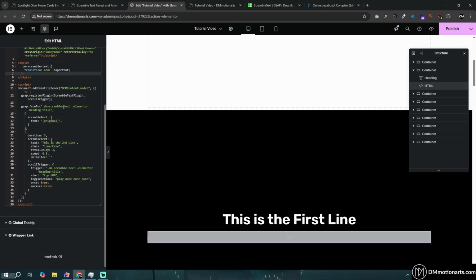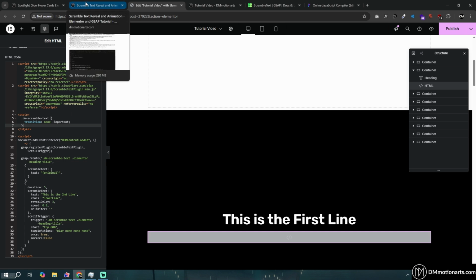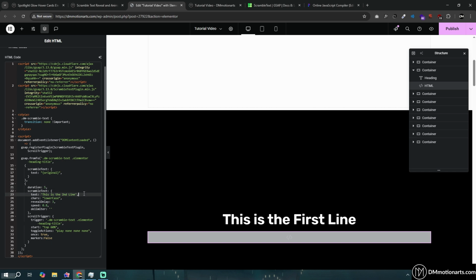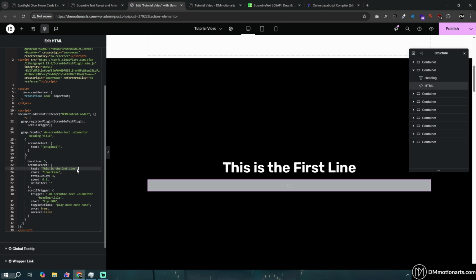But then you're like, why are you even showing me this stuff? Why are you not showing me this one, which basically loops through everything and does it for us? There's one simple reason. If I want this text to turn into different text, which is like this is the second line text, I have to use this method. I cannot use the loop,